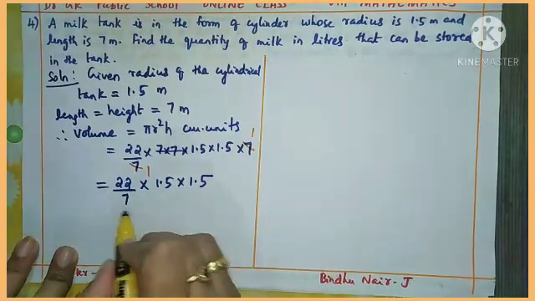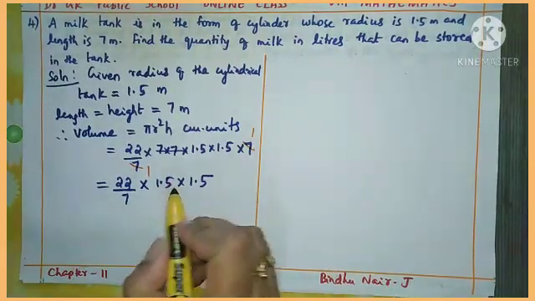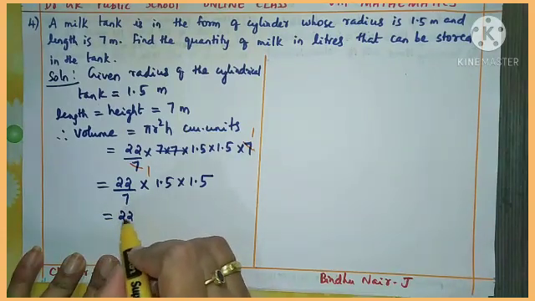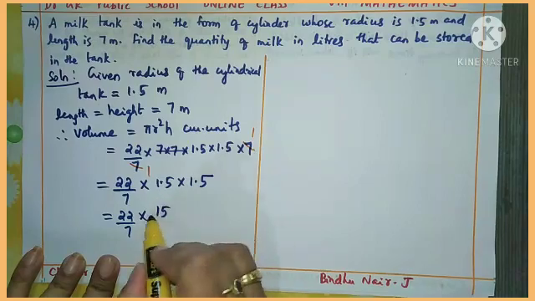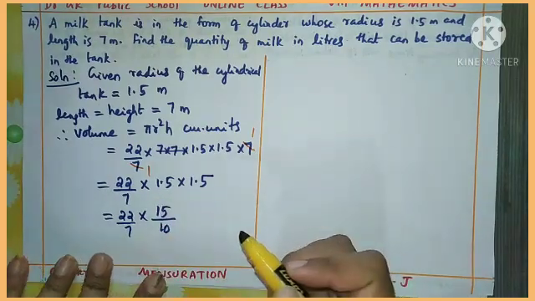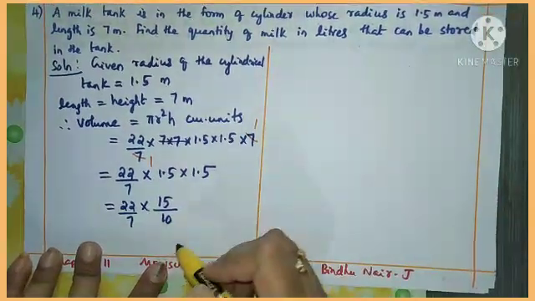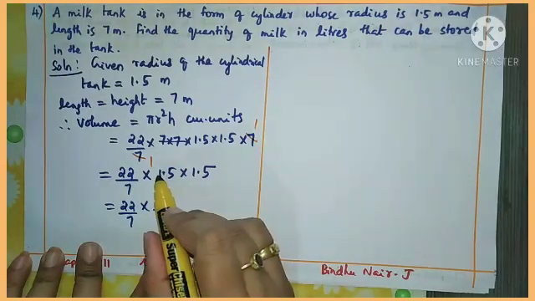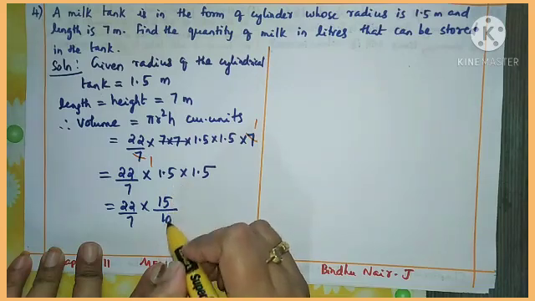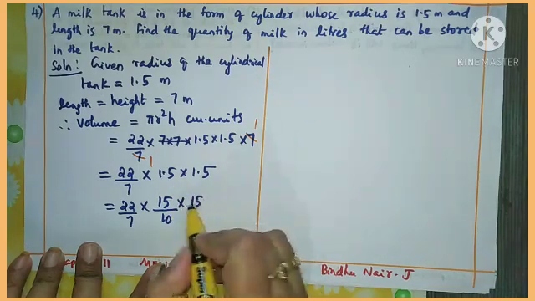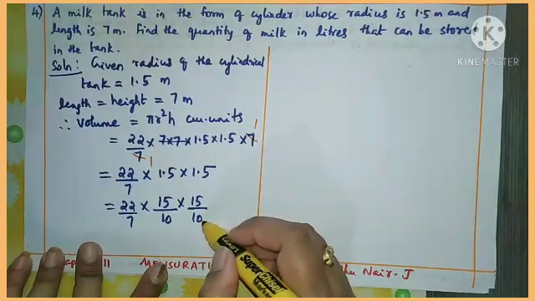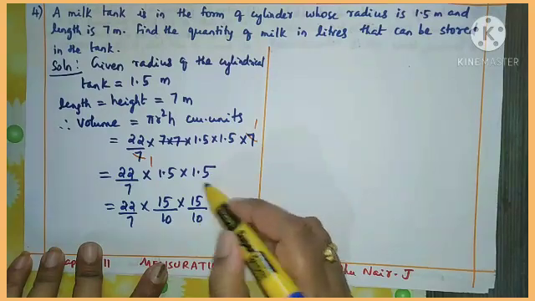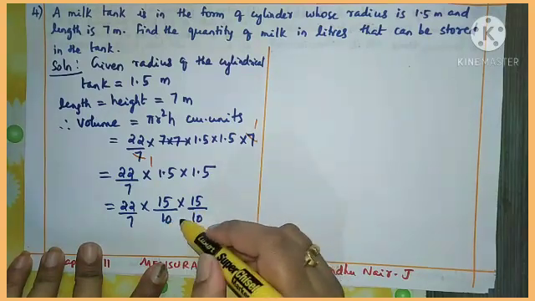Okay. Now in order to make our calculation some more simple, you can write this 1.5 as 15 by 10. Correct? So in this type of calculation, if you do, you can save a lot of time to solve the problem. So 1.5 can be written as 15 by 10. Similarly here also 15 by 10. As you know, when you divide by 10, it moves 1 decimal place. Correct? So this can be written in this form, so that it will be easy to simplify.